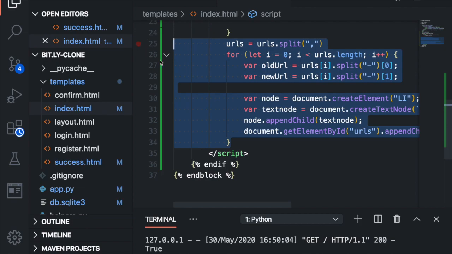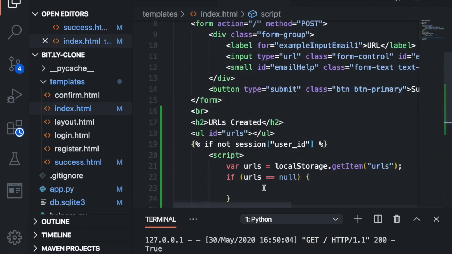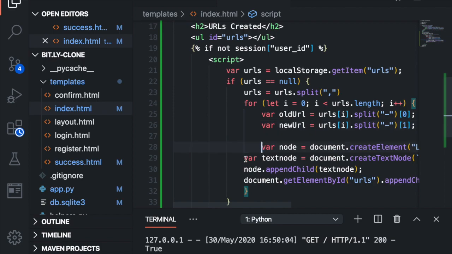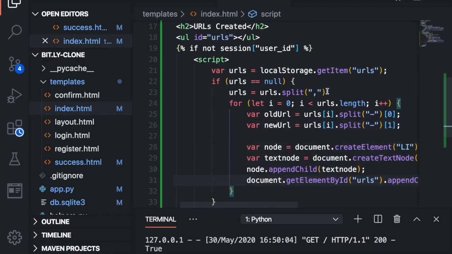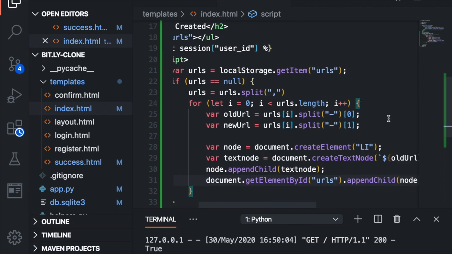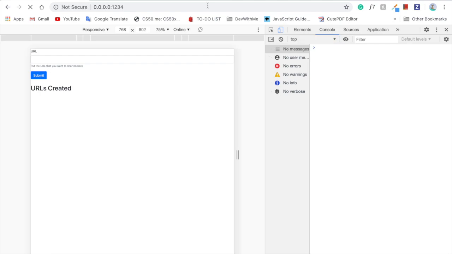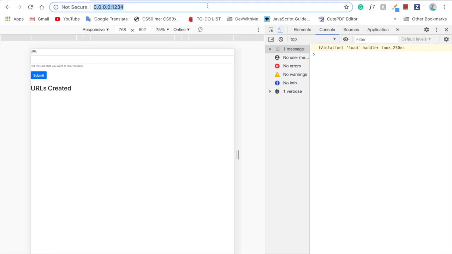So if it's null, then we'll not do anything. Note that JavaScript doesn't really have a strict style syntax, so you don't necessarily have to indent. And note that they use brackets, so C-style syntax instead of the Python syntax. Now if you refresh,